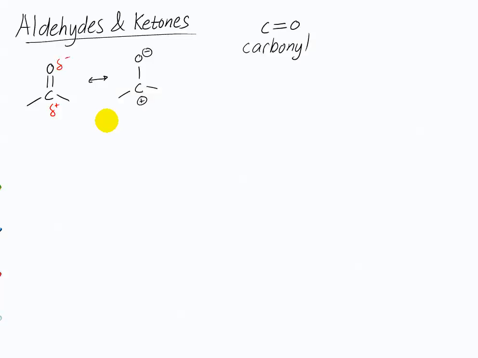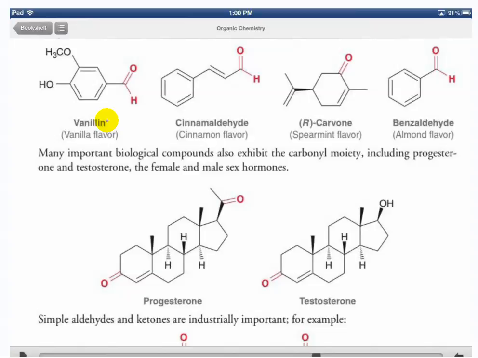Now, the other reason we spend so much time talking about it is that these things are everywhere, much like alcohols, but their chemistry is a bit more complicated. So alcohols, I would say, are arguably a more important functional group, but their chemistry isn't as important. When it comes to biological things, though, the carbonyl group plays a close second, or maybe is even tied. So here's some examples of important